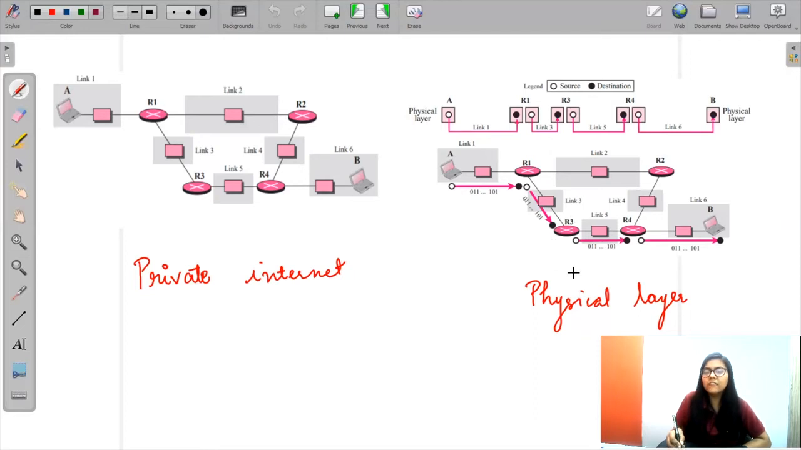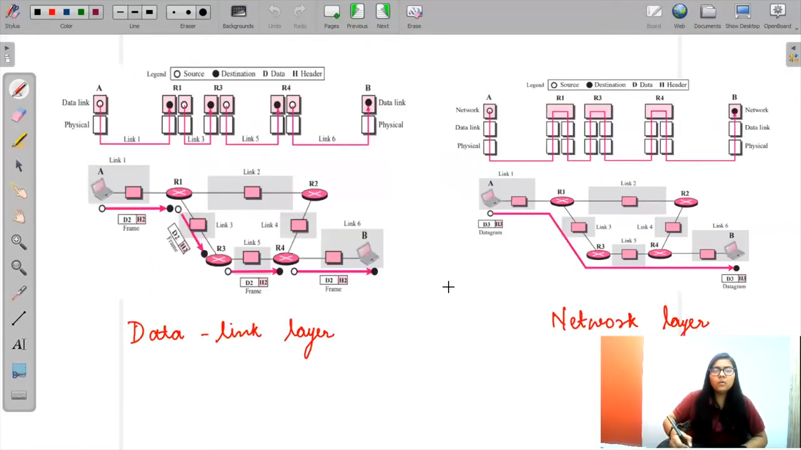And these are the different links through which the data is being sent from A to B, right? These links are considered as different entities here, right? Now in the data link layer, we have